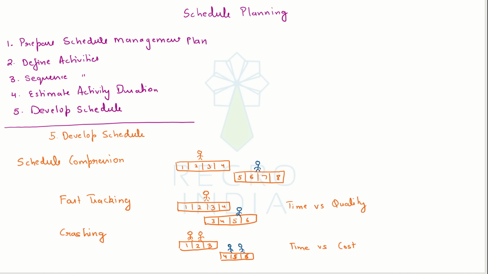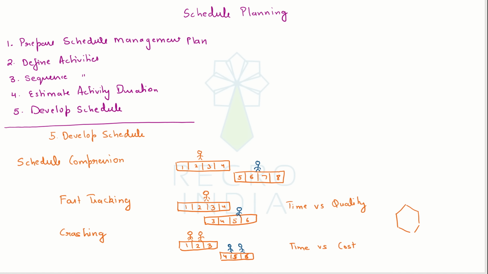cost, because if you look at it, earlier we were paying for 8 days of effort. Now we are paying for 6 days of effort, but we are paying for 2 resources. So basically we are paying for 12 days of effort, and in the normal schedule we were paying only for 8 days of effort. So once again, this boils down to the fact that which constraint is more important for